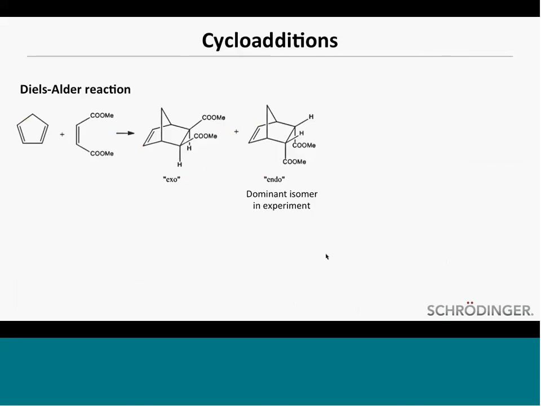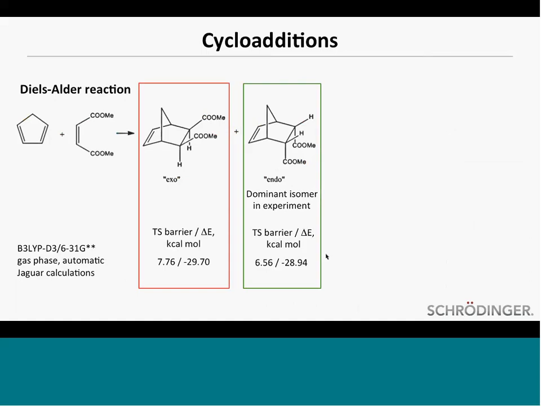Now consider, for example, the favorite reaction of any introductory organic class, which is a Diels-Alder. It's very well known that there are two possible isomers that can come from a Diels-Alder reaction. One is exo, and the other is endo, where endo is the dominant isomer from experiment. So these could be run very quickly and were run very quickly using the AutoTS workflow in Jaguar, using, in